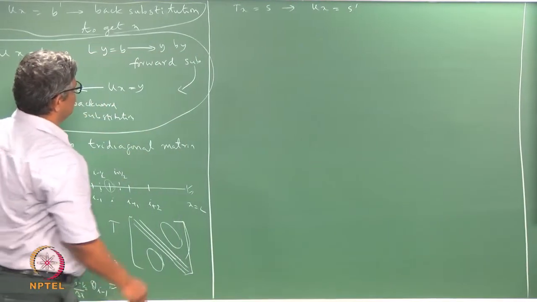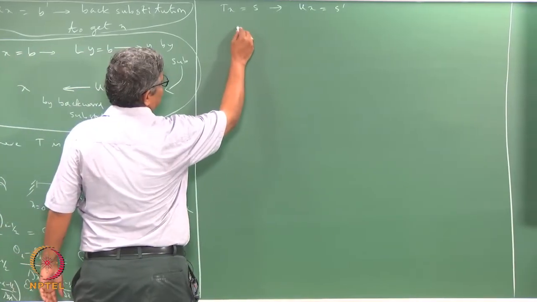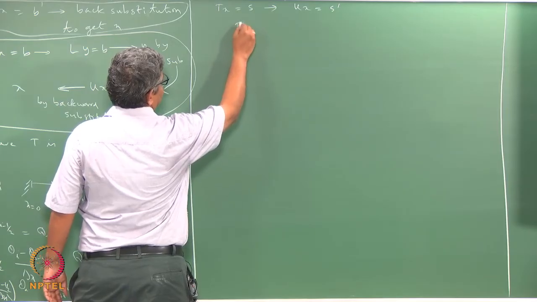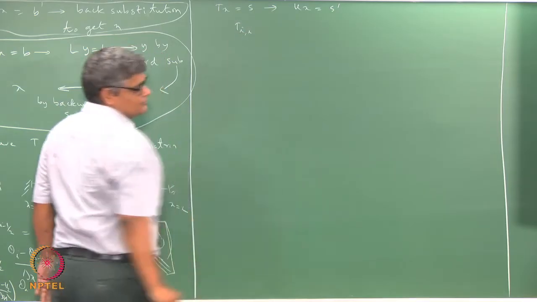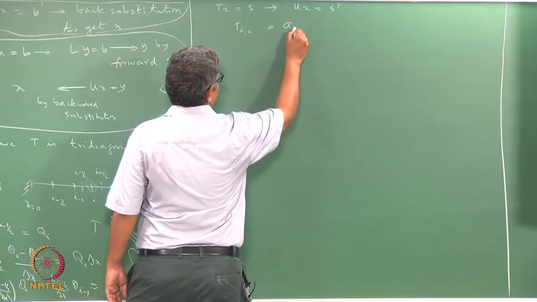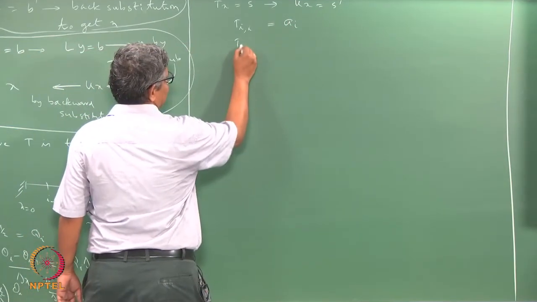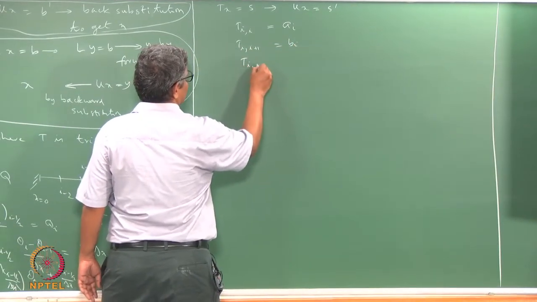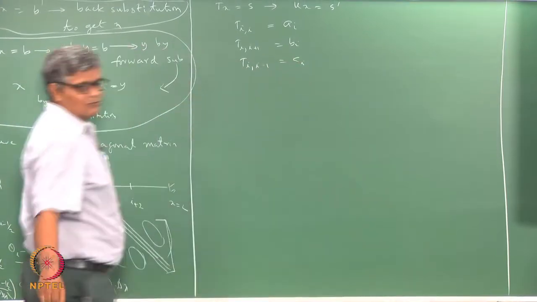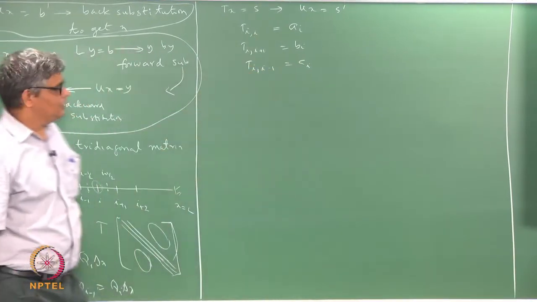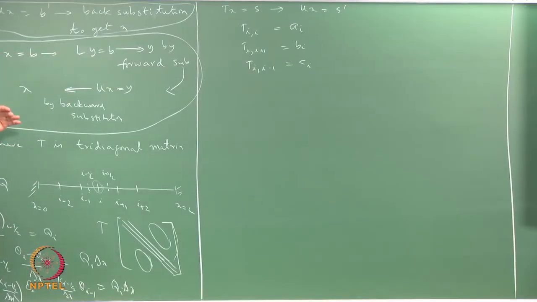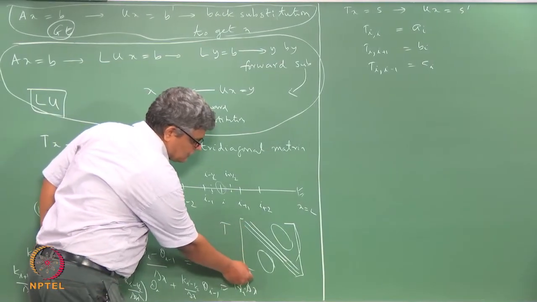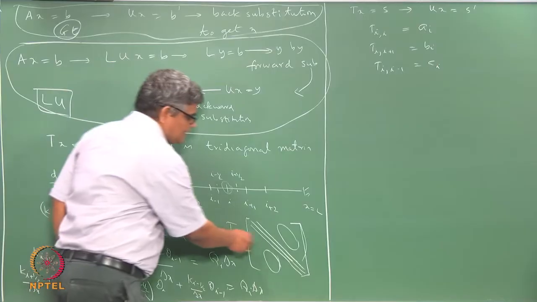So, what we are looking at is that T is such that T I comma I is AI and T I comma I plus 1 is BI and T I comma I minus 1 is CI, okay, where A, B, C are the coefficients, so that for the ith equation in this, so you have first equation, second equation, third equation, all the way up to n number of equations. The ith equation